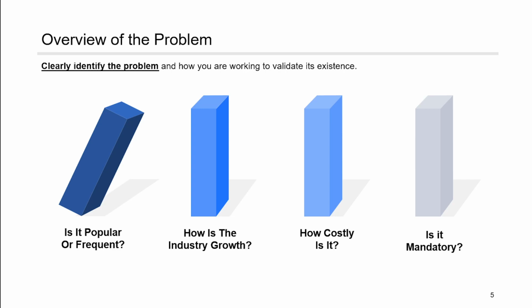2, how is the industry growth? This is the one you're going to get, unfortunately, the least credit for due to the fact that you're not really doing anything about this. You're just kind of on the wave of what's happening. Now, that doesn't make it wrong or bad, but what it means is you need to focus on what's going on in the market, what's going on in the industry, how that impacts what's going on at scale, and just more have an appreciation of it and make sure that if you're on the upward trend of a problem, meaning